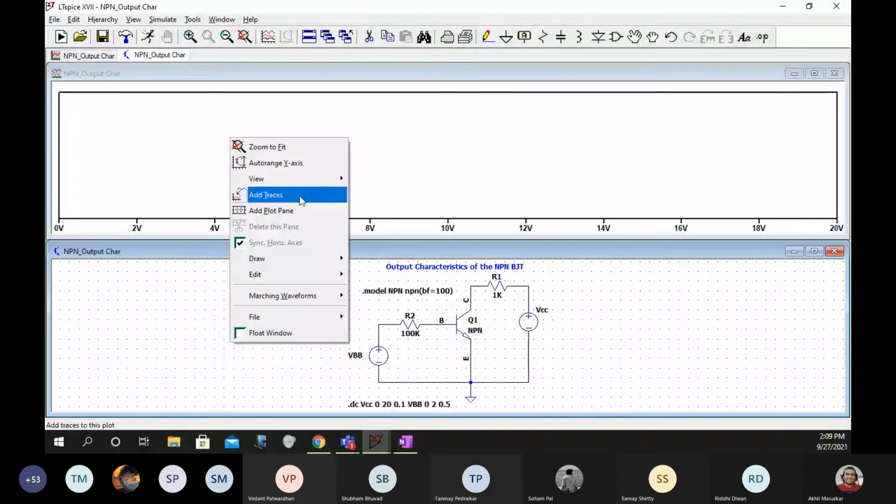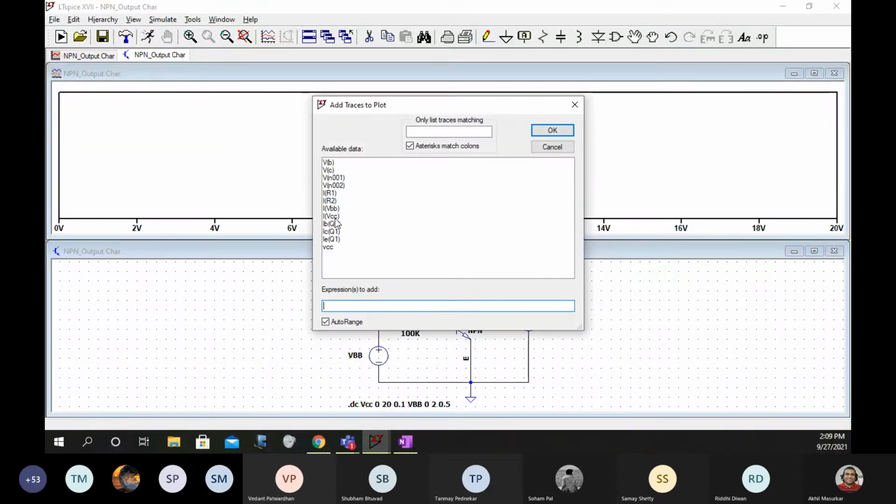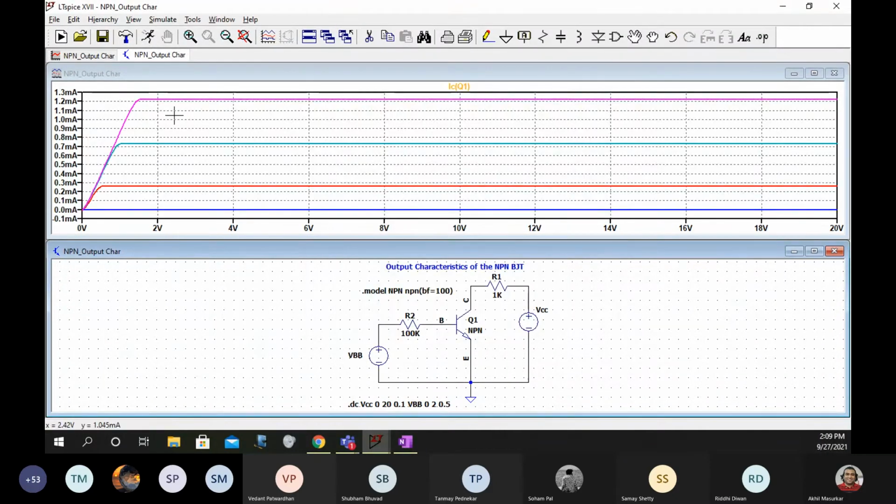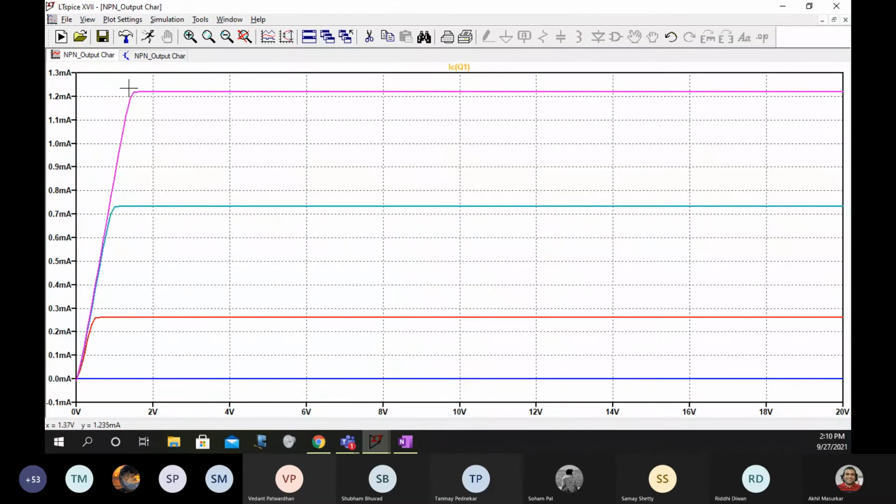So what you did is you added a trace, and you got this. Generally when we see the shape we feel happy about it, but if you study BJT, I know that this region is not so big for a BJT. It is just 0.25 and here it is more than 1.25.